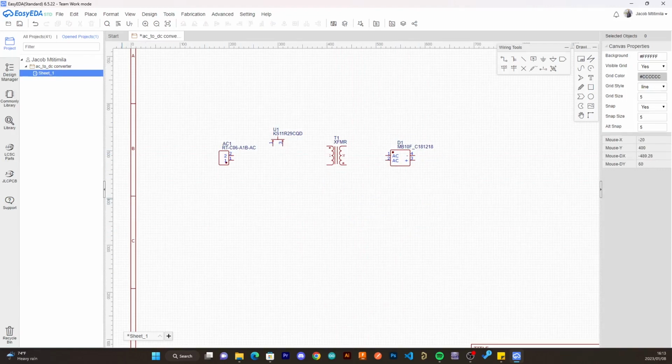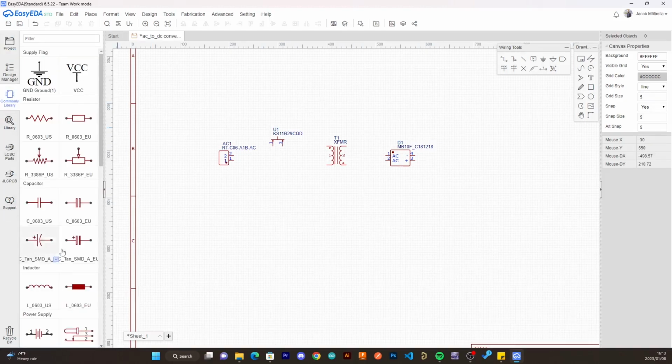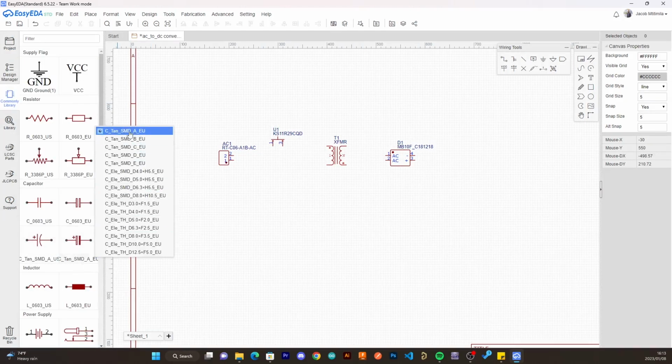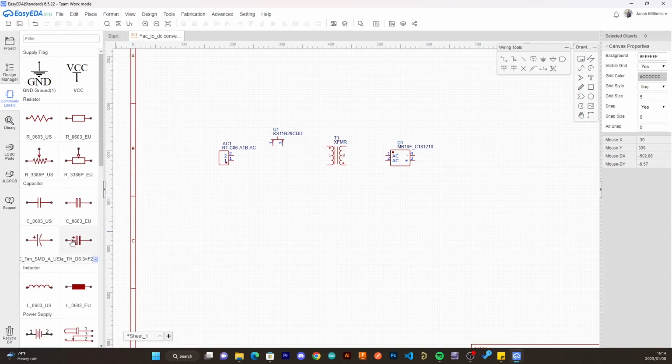After this, what we need to do is to put in some capacitors. You don't need to check capacitors online. What you need to do is to use the common library and check the electrolytics. Make sure you do not select the SMD. The SMD ones are fast, but they don't keep charge for a long time. If you are working with power supplies, you need to have the through-hole ones because they do keep charge for a long time. You can appreciate this if you check your power supply, maybe for a PC, and you can see there are big capacitors in there. So we'll place in 2 capacitors